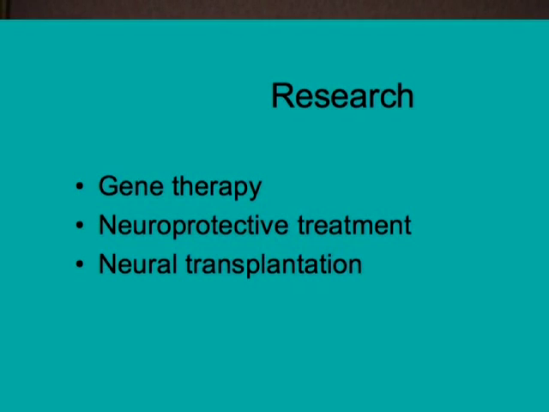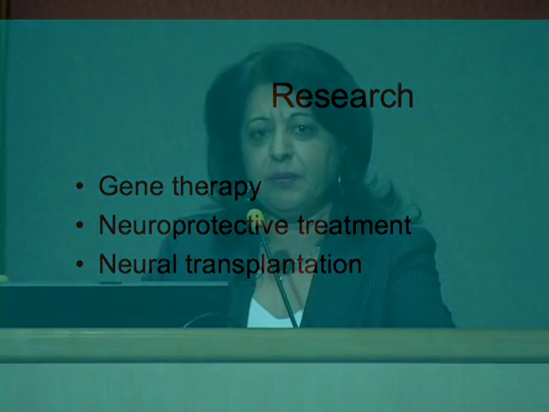There's some research going on to find out what we're going to have for future treatments. Gene therapy uses some non-infectious viruses. They're being introduced to the brain, which will change some gene mutations so that Parkinson's disease can be controlled. Neuroprotective agents actually produce certain hormones like GABA, which is gamma-aminobutyric acid, which will inhibit the neurons and control the Parkinson's disease. They are not available for public use at this point.